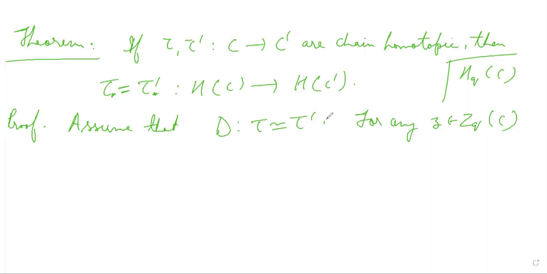So you choose an element z here, then this boundary_{q+1} prime D_q z equal to